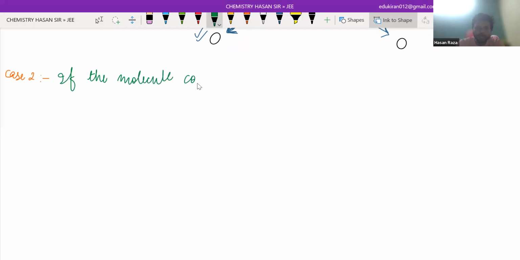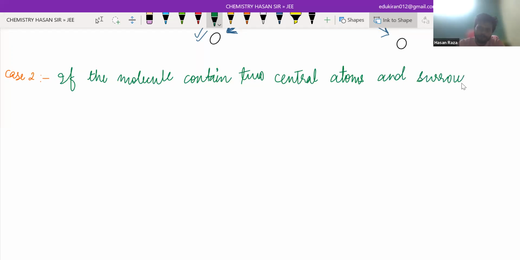If the molecule contains two central atoms and surrounding atoms, usually oxygen,